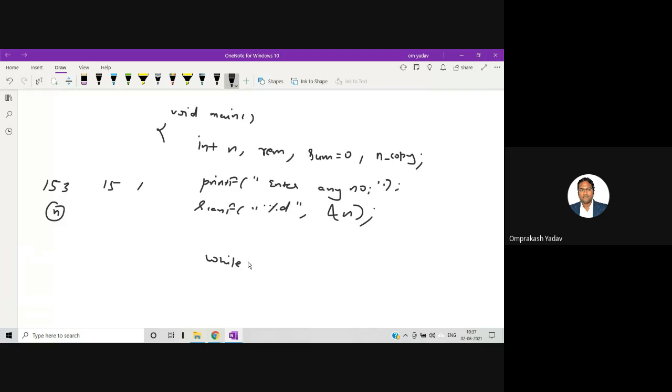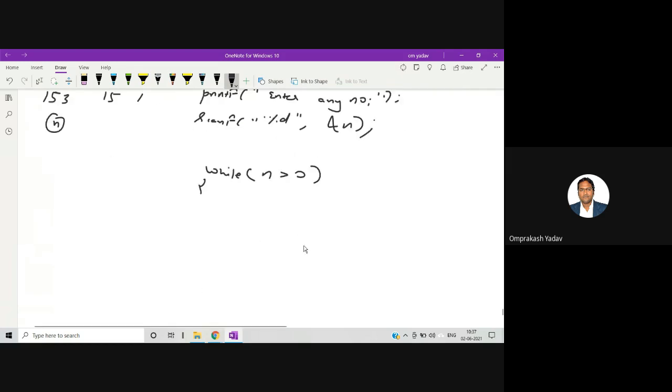So while n is greater than 0, here what I'll do, I'll first take the remainder. Remainder is nothing but n mod 10. The first time, if I'm taking the example, n is equal to 153. So first time the remainder will be 3.